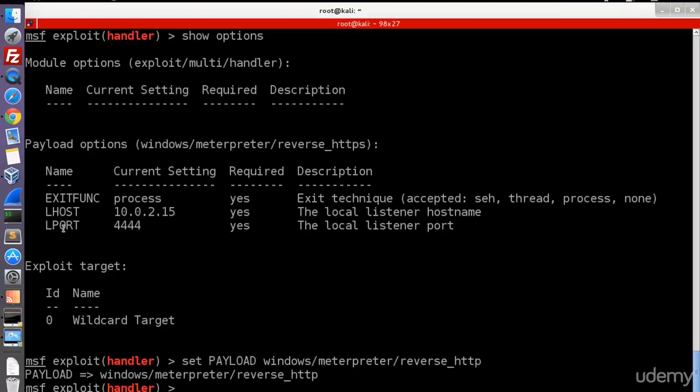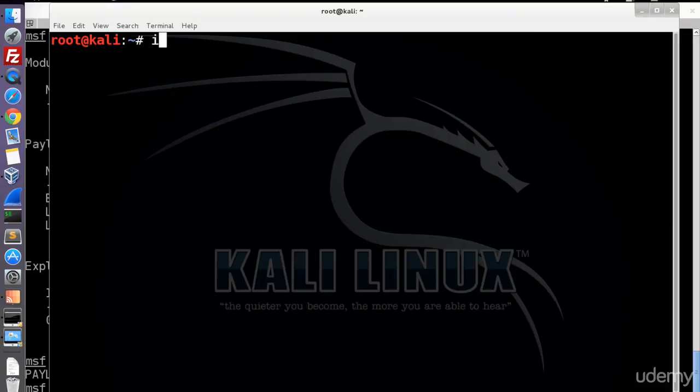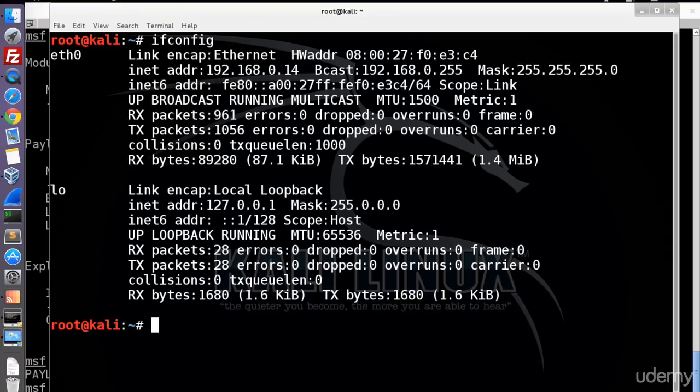Now, if you want to change the LPORT or the LHOST, it's the same format to change them. LHOST is the listening host, so it's the IP of this current machine. I'm just going to see what the IP of this machine is using ifconfig. That's just a Linux command to see the IP. So my IP is